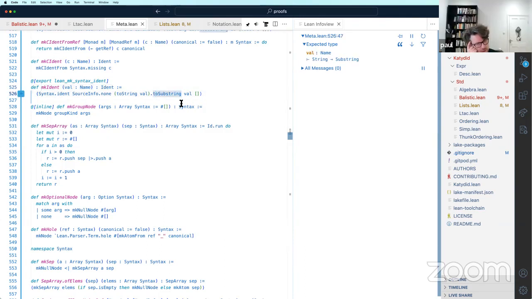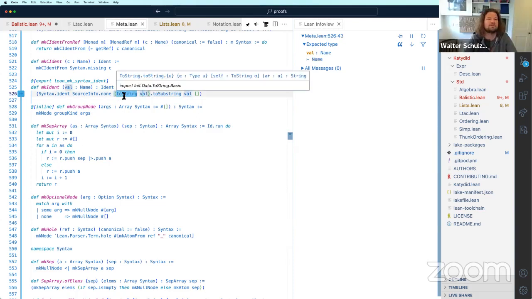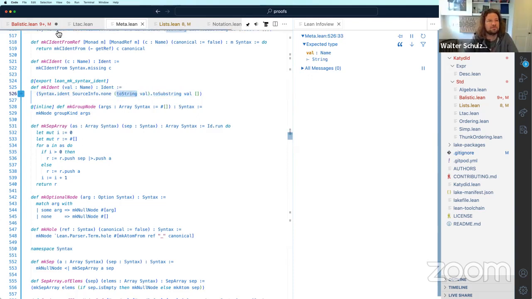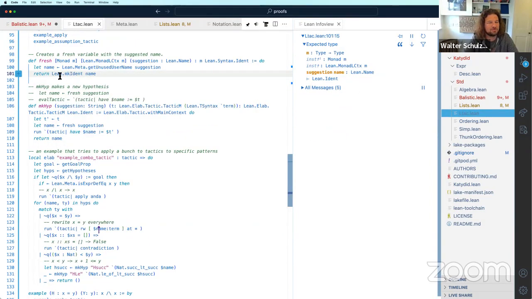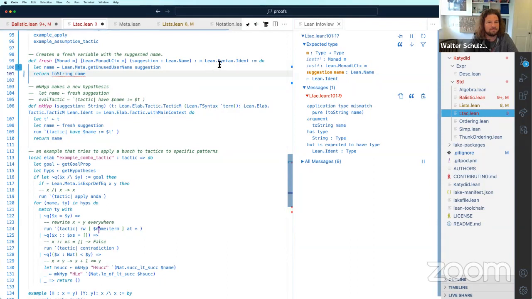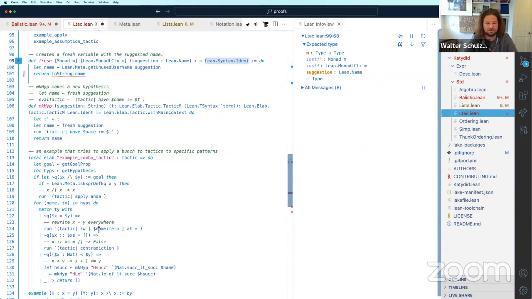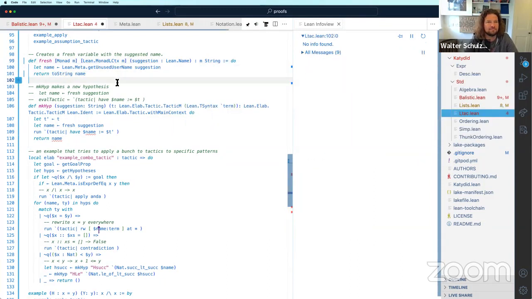The name has a toString. Yeah, there we go. We just can't see it anywhere, but it has one. So if this was toString and this was string, what happens?